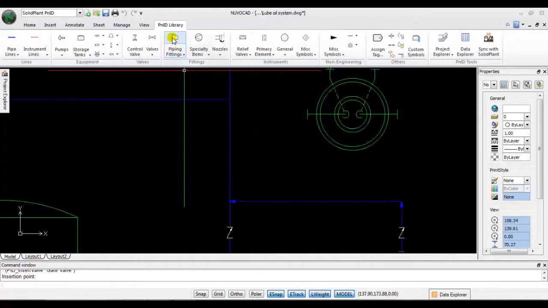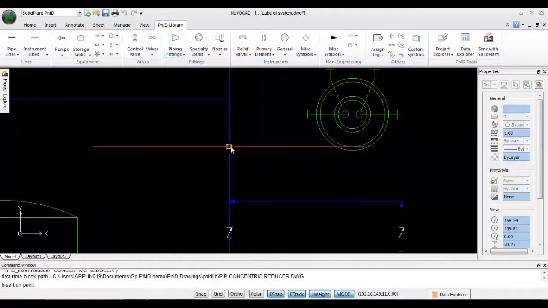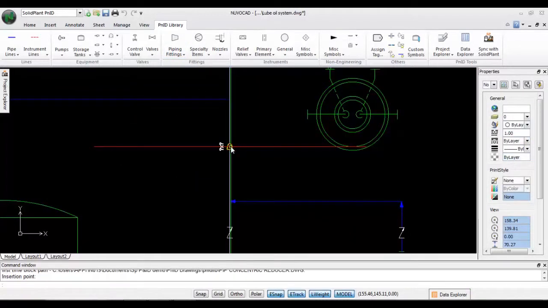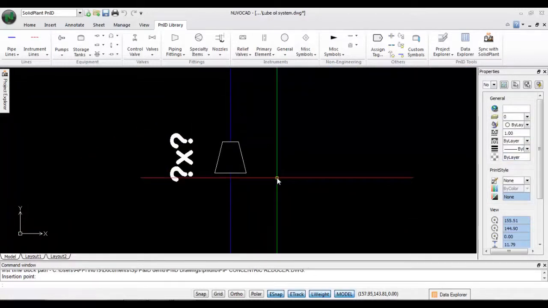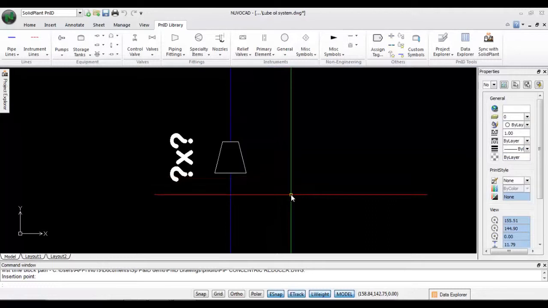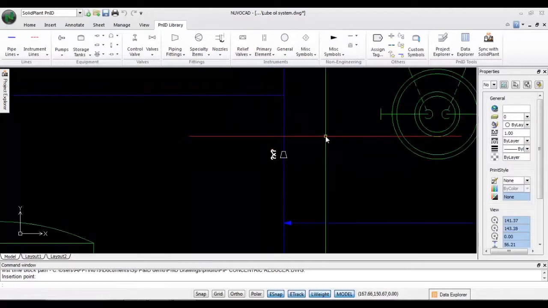And we place a reducer at the outlet of both the pumps. As you see, the reducer is flipped intelligently with respect to the flow of the pump.